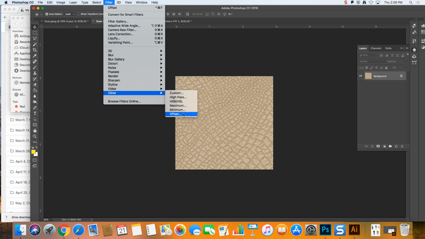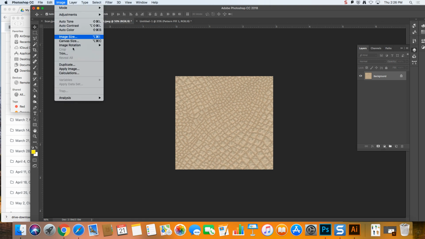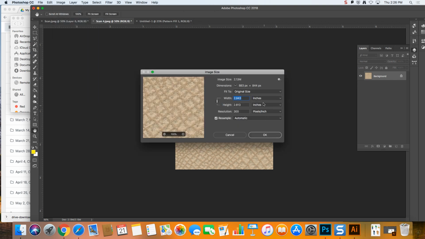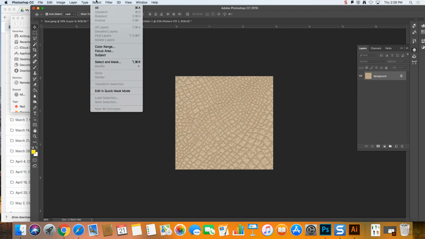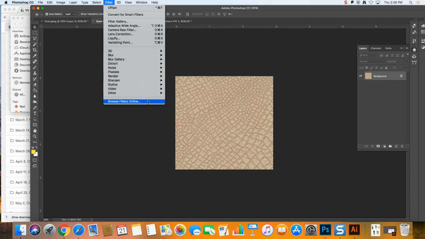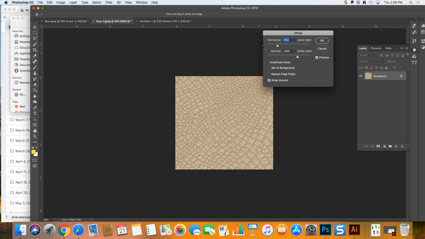What's nice before we go to Filter, Other, Offset is to just write down or take a note of how many pixels wide it is. I used to make people do math to do this, but you don't exactly have to do math. You can guesstimate. If we go to Image, Image Size, and change this to pixels, it's about 850 or 900 pixels wide. So when we go to Filter, Other, Offset,